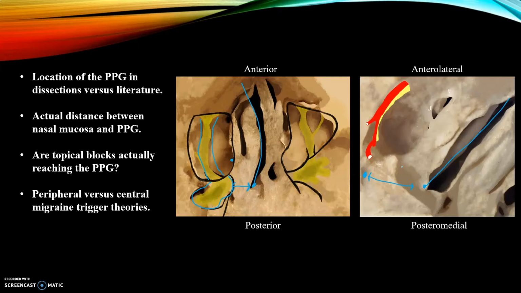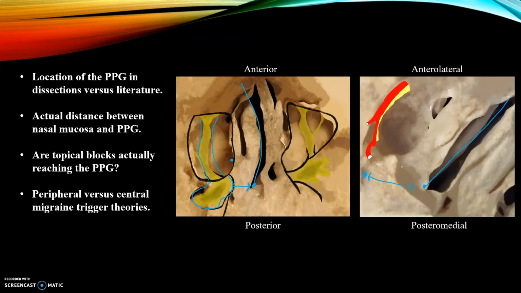Originally the plan was to actually try and map the branches leaving the pterygopalatine ganglion to better understand its role in migraine pathogenesis and these different disorders that they're using it to treat. But due to the complexity of the region, as well as how much the tissues were kind of stuck together in the cadavers, I just was unable to do that. So that's where I transferred to try and get just a more general picture and idea of what the anatomy